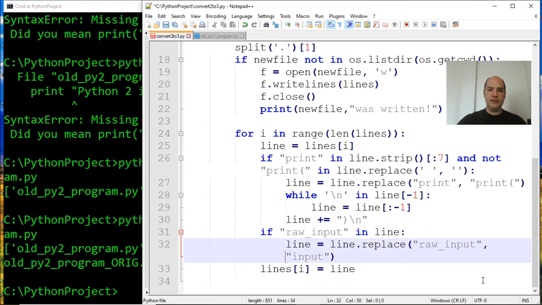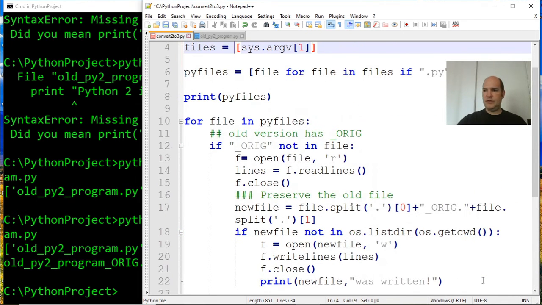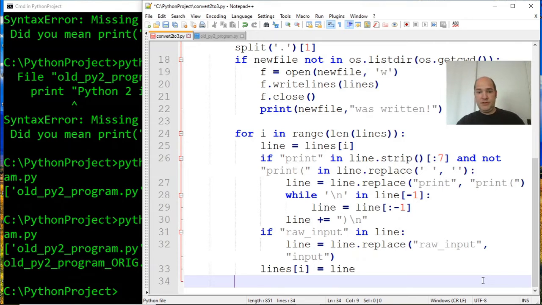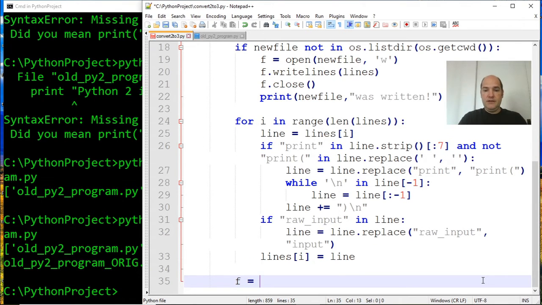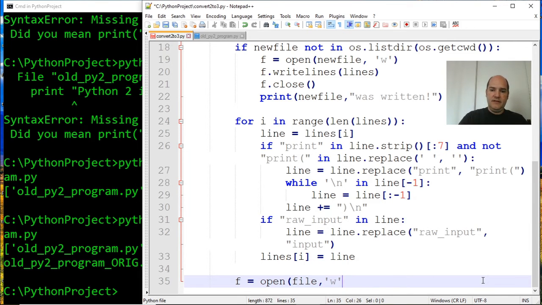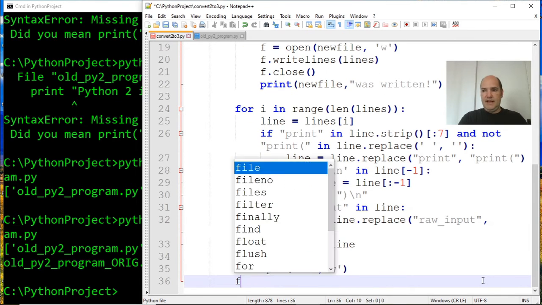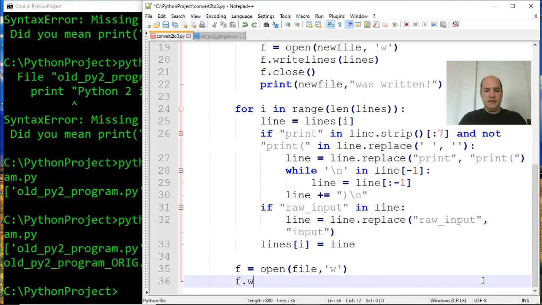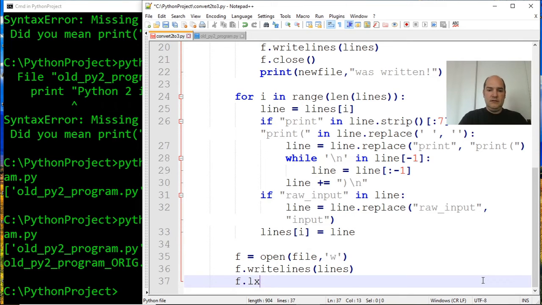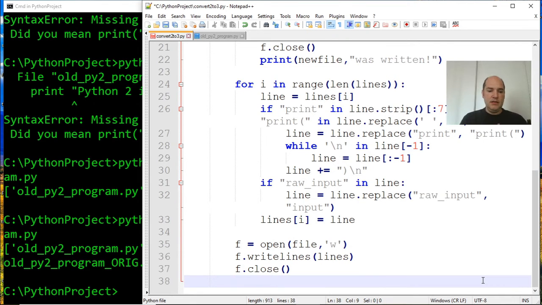So now we can get out of that loop, and let's just look up here. Where do we want to be? We want to be just out of the for loop, I guess. Yeah. So once we're out of the for loop, we just want to write the file. So f equals open file, and we're replacing the original file now. We're going to open that file for writing, and we're going to say f dot write lines, f dot close, and that's it. Okay, so let's save our code,